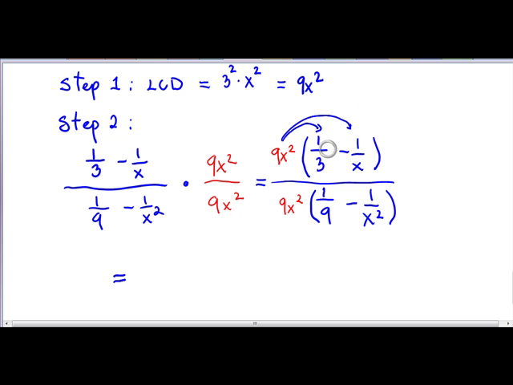Remember, I cannot really add these two together because we don't have a common denominator. So the only way to do it, which is actually our goal, is to simplify this by multiplying the whole thing by the LCD to clear out the fractions in the numerator. To simplify, so we have